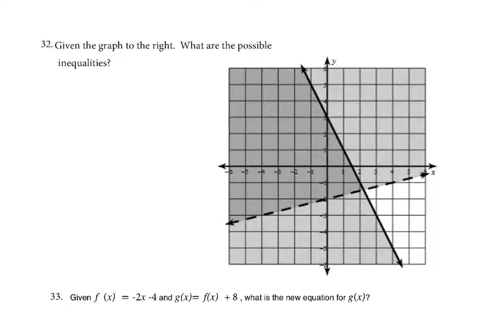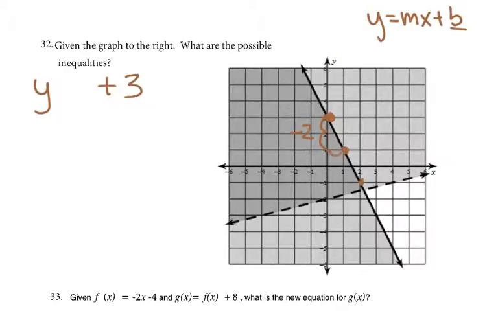Alright, now 32. These are tough ones. So given the graph to the right, what are the possible inequalities? Okay? So we need to figure out what the actual inequalities are. So they're linear, so we want to use this format. We need the y-intercept. So this first one, y-intercept of 3. So I'd go y is something to something x plus 3. Now, can I find my slope? Yeah. Pick another good point. There's 2 of them. I go down 2, so that's negative 2 for my vertical, to the right 1. So negative 2 over 1 would be just a